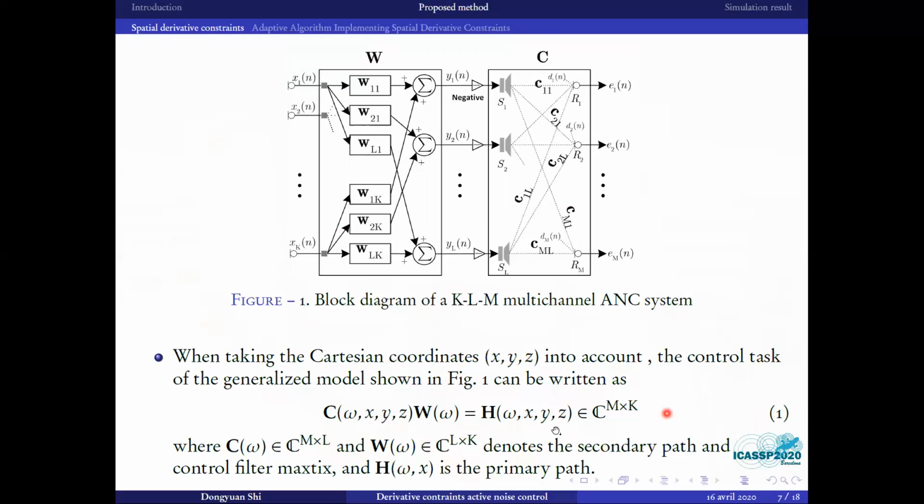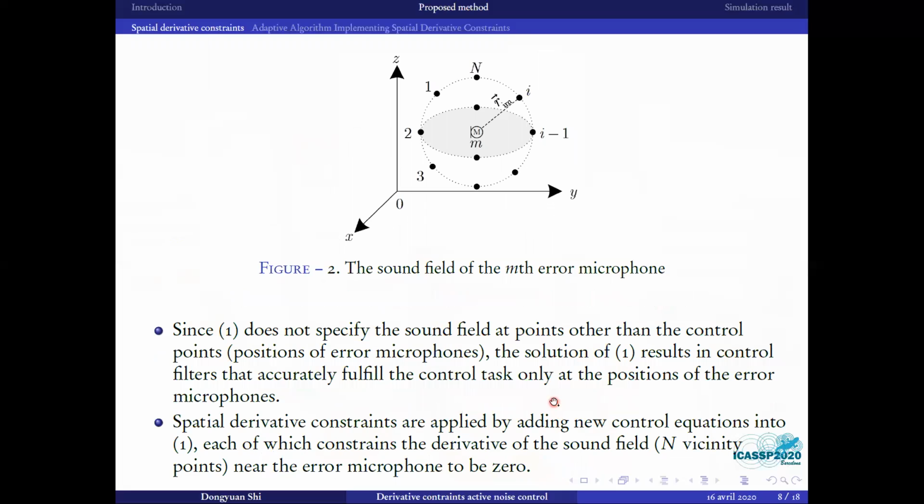In this equation, x, y, z denote the spatial coordinates of the error microphone. However, the solution of equation 1 can only cancel the noise at the error microphone. For example, figure 2 shows the sound field of the M-th error microphone. The conventional control filter can only achieve a very small noise reduction area around the error microphone. To increase this noise cancellation area, we also consider the neighborhood regions,